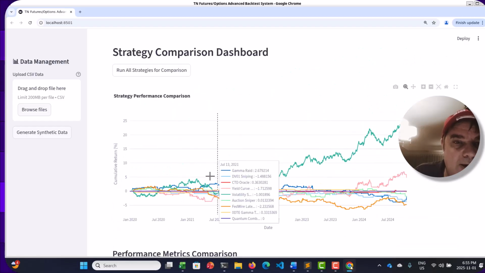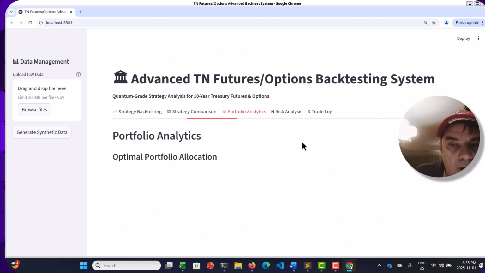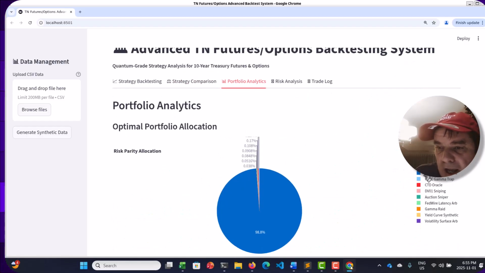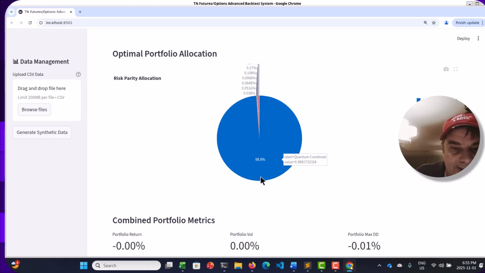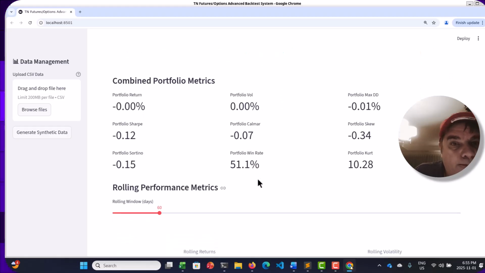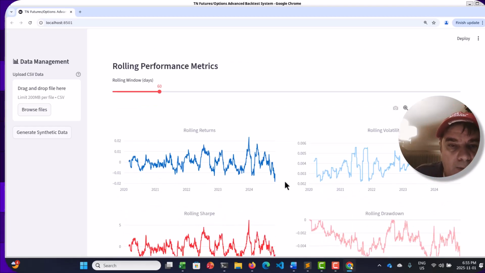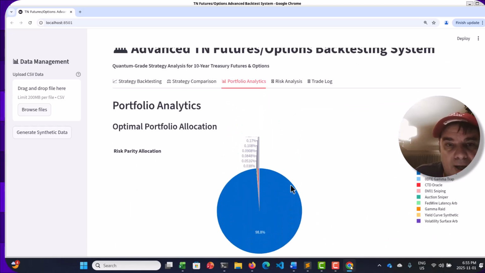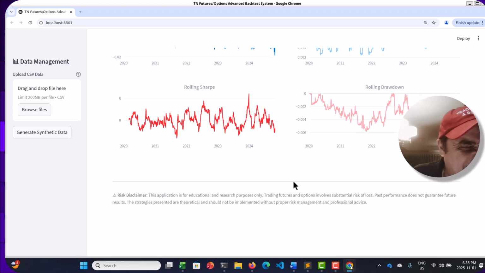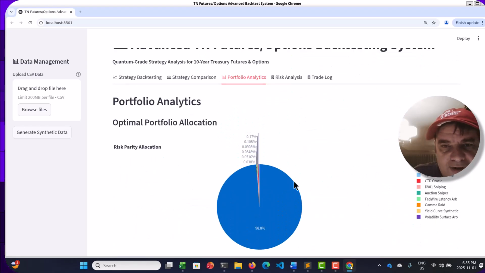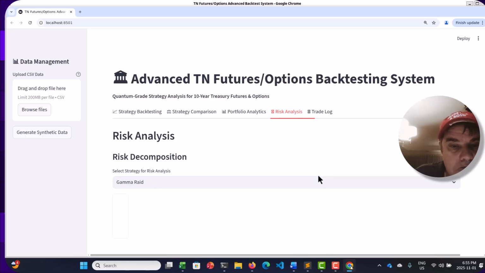I need more carrots. Okay, so knowing that we have here this quantum combined strategy at 96%, we know that is probably not a very good one. So if you were to trade all of these strategies combined, not very good. Okay, let's see if we can look at an individual level. No, we can't. So again, this is part of the AI, what it gives you. So this is really not that great.